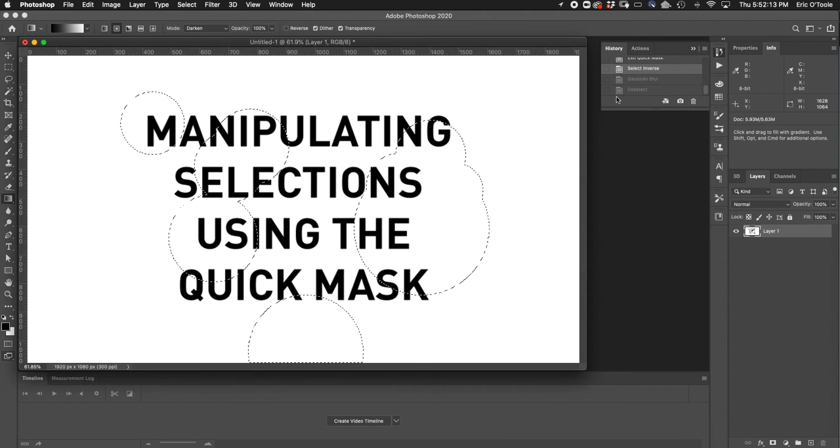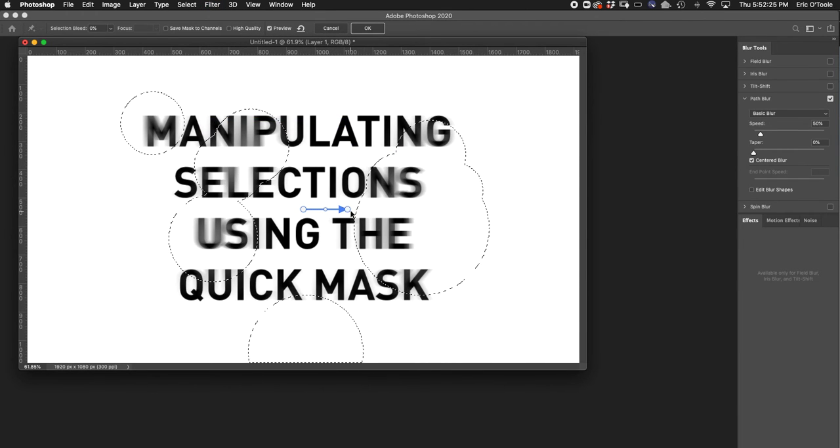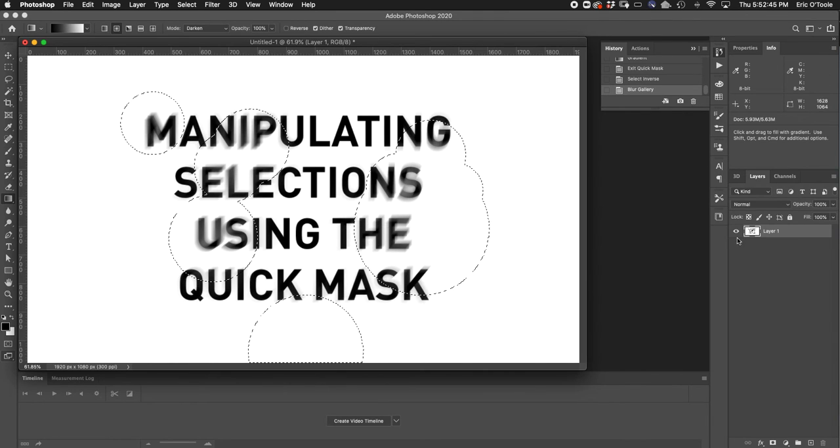I'm just going to go back to the selection on the history palette. I'm going to go to filter, blur gallery, and I'm going to use path blur. Now I can draw a path, so this sends the blur in kind of a directional arc. So you start to get movement. And so I like this. I'm going to hit OK. And then deselect. And so now I have an interesting